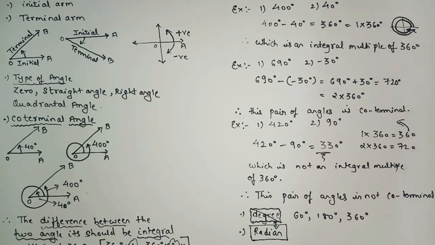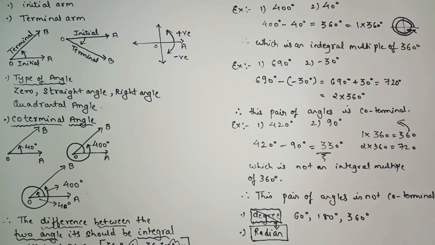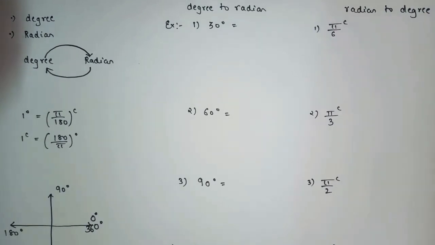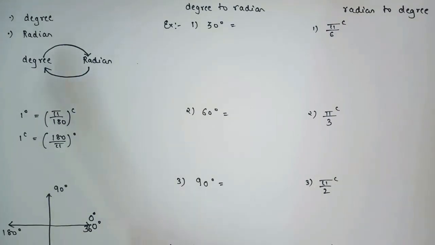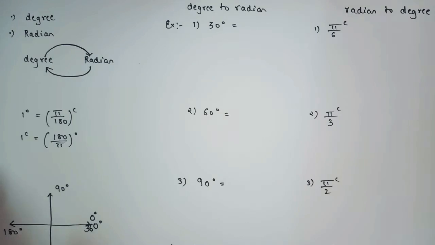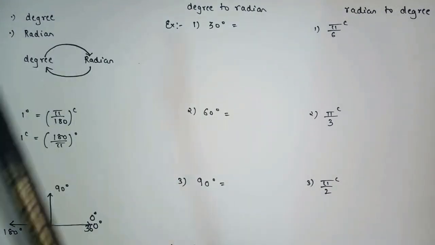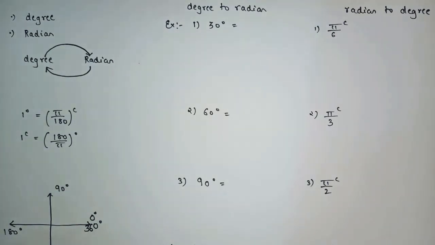So let's see the concept based on degree and radian. Now we'll see how to convert degree into radian and radian into degree, and why we have to convert degree into radian. As I told, we have to stop saying the angles in terms of degree and start saying the angle in terms of radian. So that's why we should know how to convert degree into radian. This part will play an important role in Maths 1, not in this chapter only. You must know how to convert degree into radian.